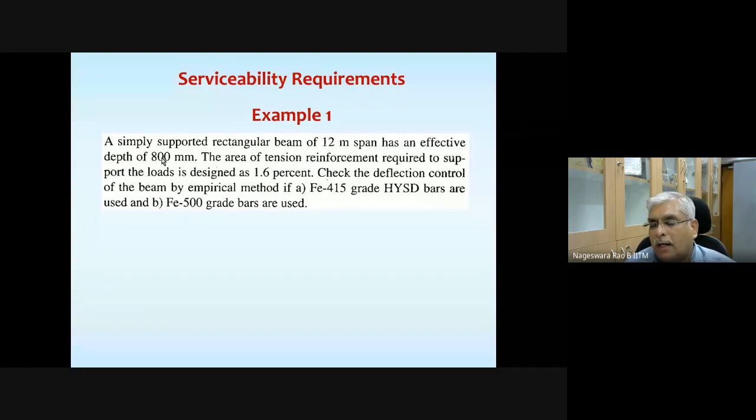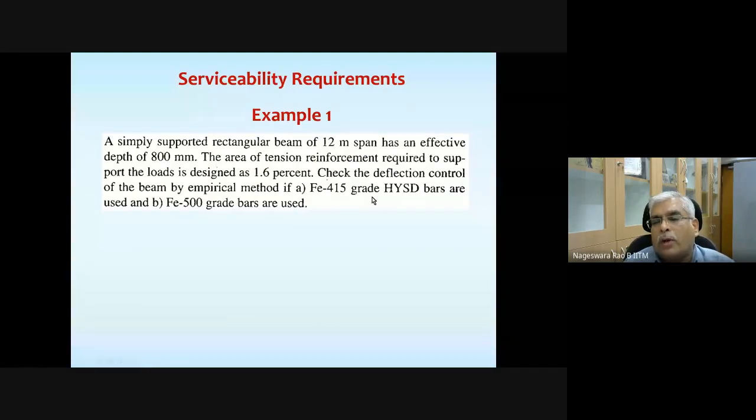Also please note that in design, you are not going to have a unique answer. As I mentioned earlier as well, if there are 100 students, they can come up with 100 designs. Some designs may pass this deflection limit check, and some designs may not pass. Again, then they have to revisit and redesign everything. Okay, so this is what it is. Is it clear?